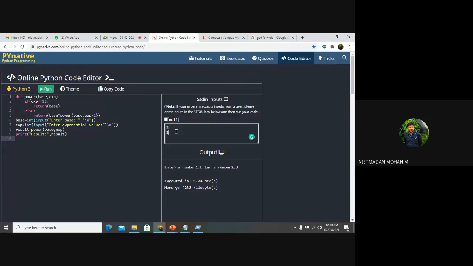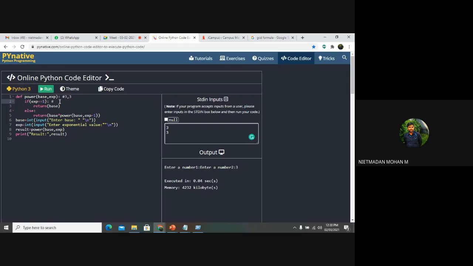In that case, they will know that some coding has been written and the proper syntax has been used in your function. So first the 6th line is executed. I have given the input as 3, and on the 7th line I have given the input as 3, and on the 8th line the variable result is equal to, we are calling the function power. So 2 argument values have been passed here. So here what will happen? The base value will be 3 and the exponent value will be 3.